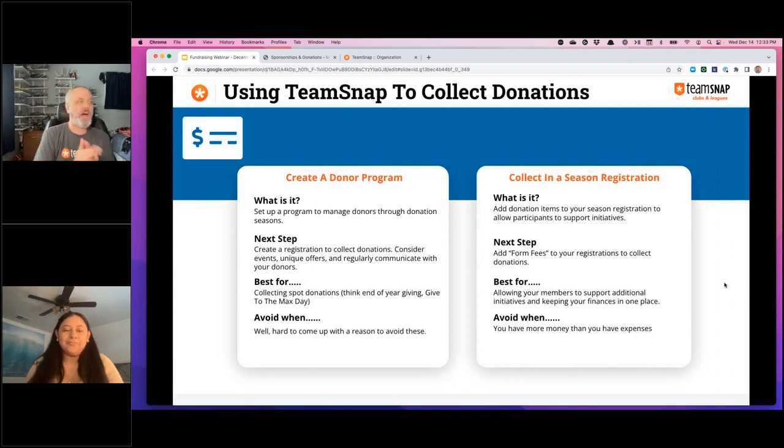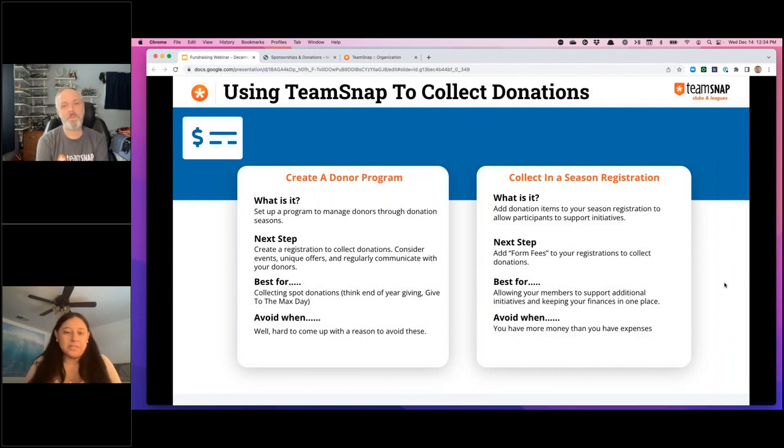It's the end of the year right now, and there are different times where people are looking to make a donation, whether for tax purposes or because they just want to support a program, like Give to the Max Day. They're not really signing up for anything, but they want to give money. And that's something you refer customers to set up a registration for. Is that right? Yeah, definitely.